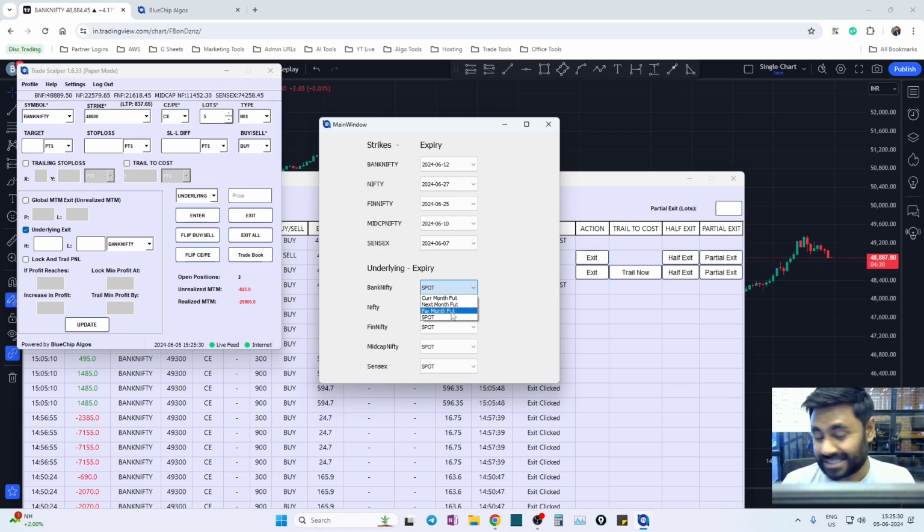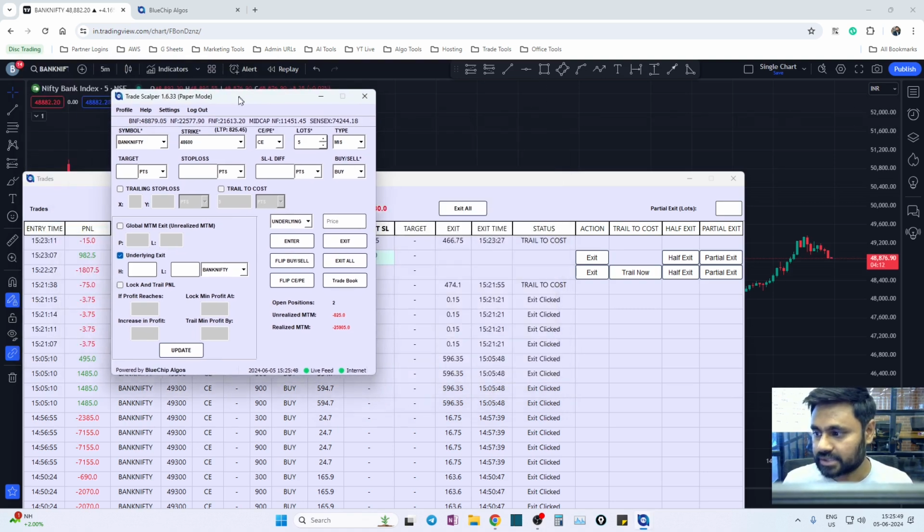Okay, as I said, there are so many things that we decided to incorporate and make this the best of the best algo tools available in India, right? And of course a few more are also coming. I'll keep that as a suspense, but for now you can see all these are available. And one last feature